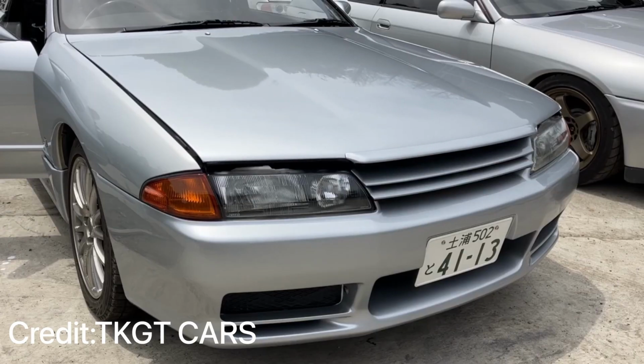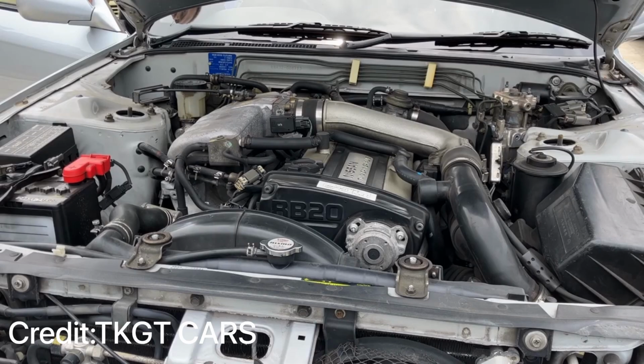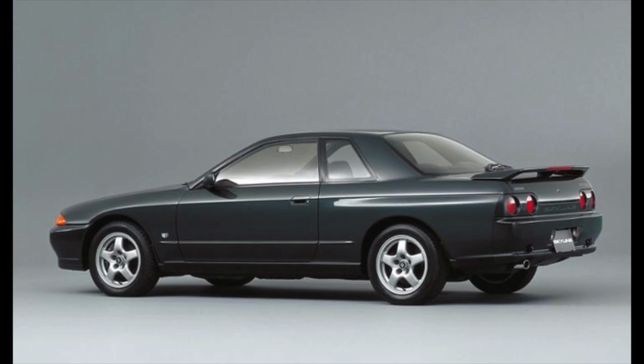Then up next is the GTS-4, aka the baby GTR. Now the GTS-4 has the same RB20 as the GTS-T, with it being a single turbo that makes 212 horsepower, propelling it to 60 miles an hour or 96 kilometers an hour in 6.8 seconds with its 5-speed manual and 7.8 seconds with its 4-speed automatic, with a top speed for the 5-speed manual topping out at 144 miles an hour or 231 kilometers an hour, and the 4-speed automatic topping out at 137 miles an hour or 220 kilometers